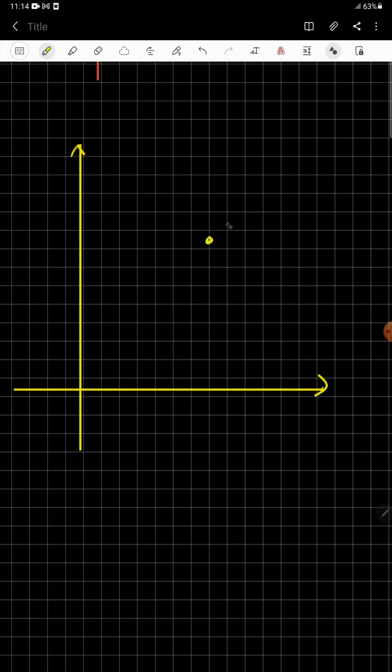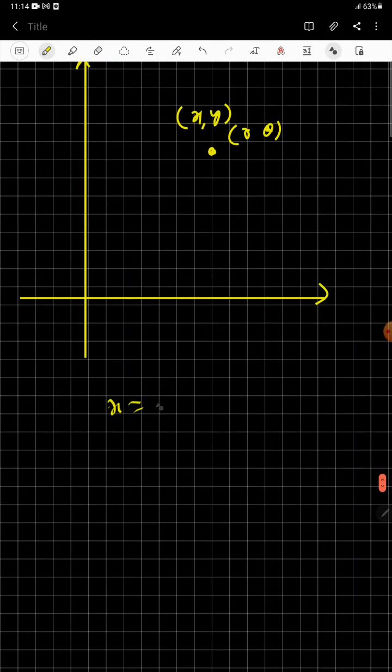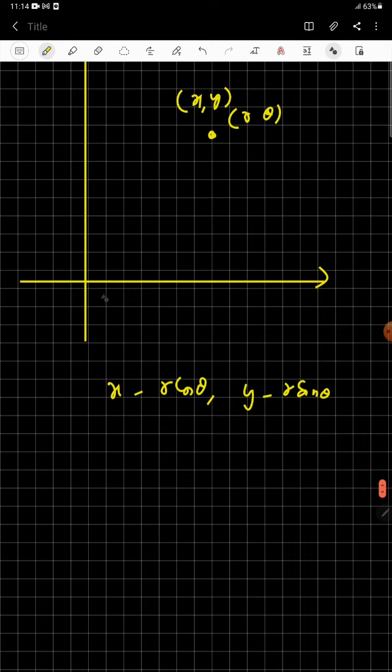For example, if r comma theta is given and x comma y is also the address of that same point, then the relation between x and y is, x is equal to r cos theta and y is equal to r sin theta. Now for example, if I take this much distance as just 1 unit and then this is 1 unit, so this particular point is going to become 1 comma 1. So the Cartesian coordinates are,